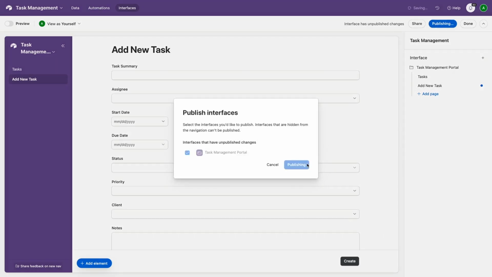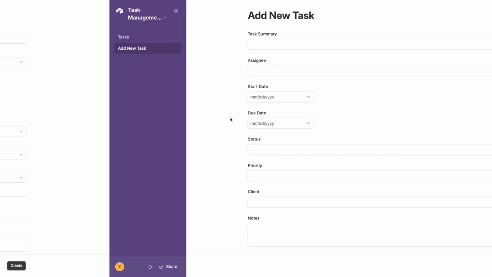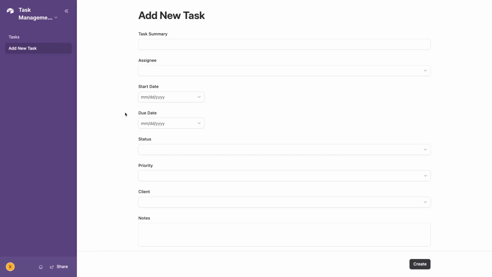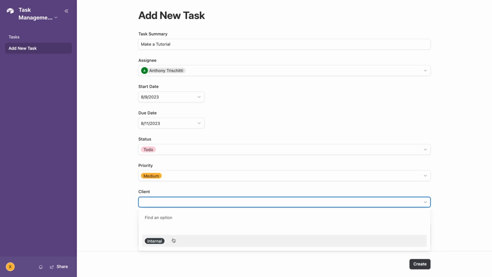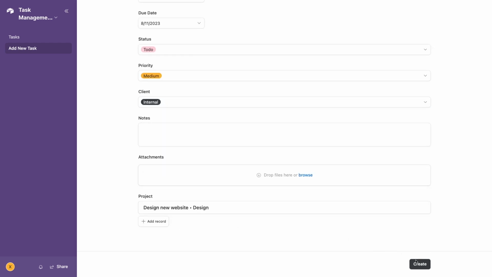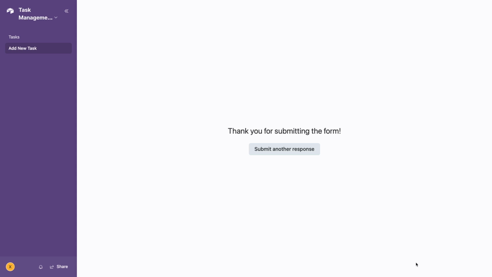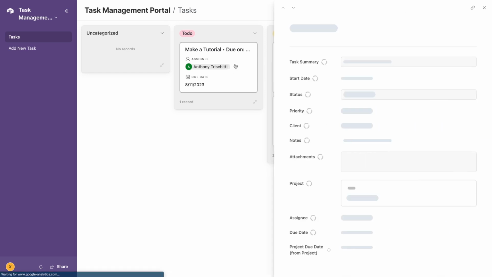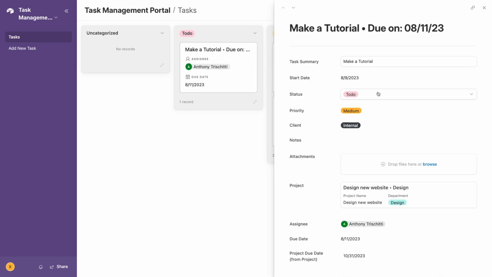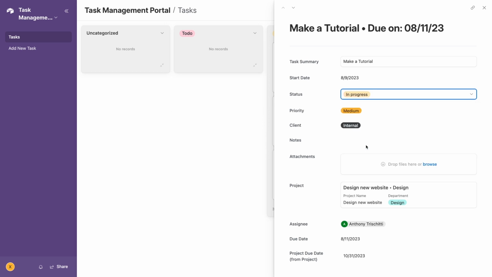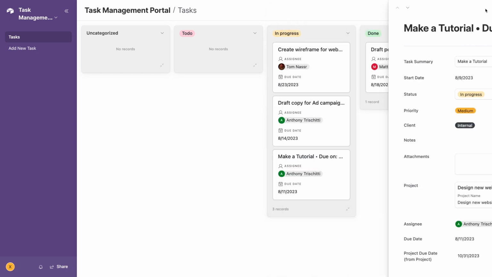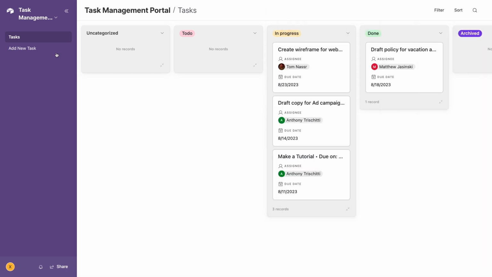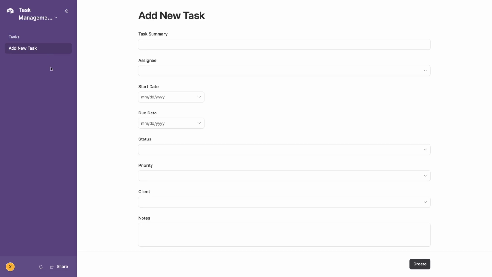Once again, I'll open up the same sharing link from before with another account. I'll submit a task in the form. Then, when I open up the Kanban page, I can see it right here. And when I open up the task itself, I can edit all of the specified fields. Now, with this interface, your team has two clearly defined pages to use, one for adding new tasks and one